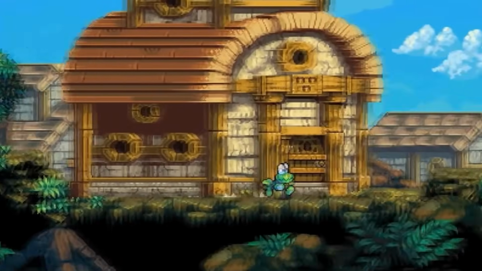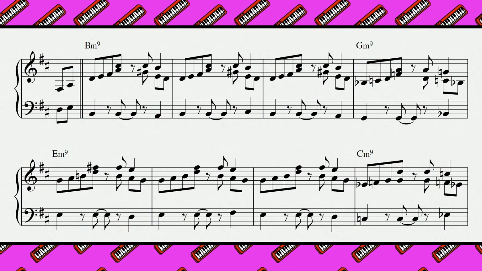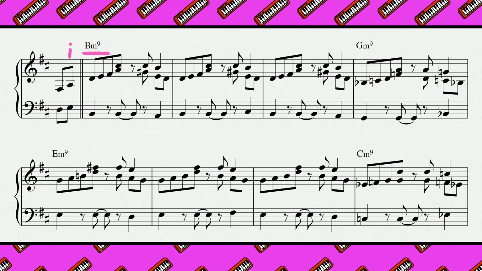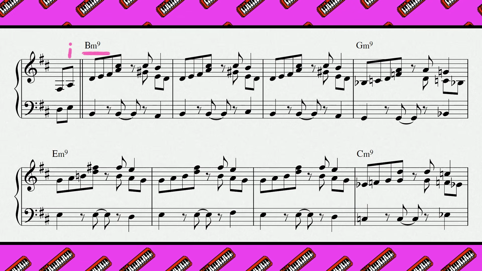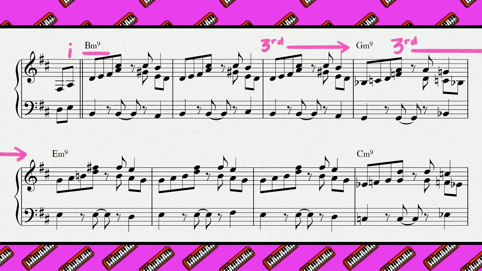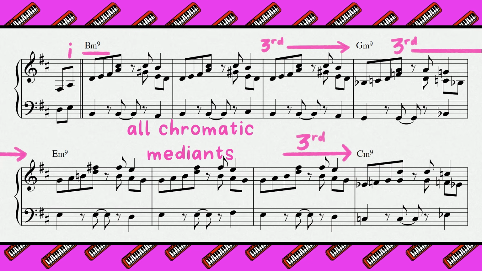The Frogatto map theme from the game Frogatto and Friends uses chromatic mediant moves to sound more hectic and complicated than it actually is. The tonic B minor is expressed as a B minor 9 chord, and this minor 9th harmony is shifted down in thirds, moving from B minor 9 to G minor 9 to E minor 9 to C minor 9. There's plenty of clashes between each of these shifts, but if you zoom out a bit, you'll